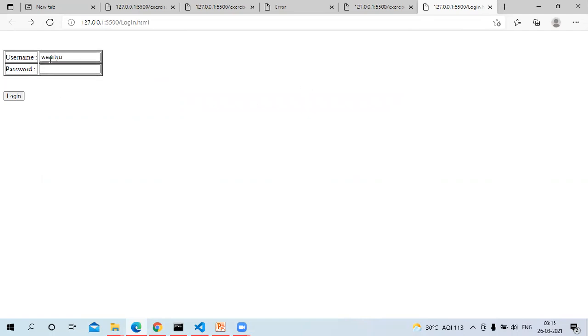That means you have to type in a username, that is a must. And then the username should be minimum of 6 characters. Similarly, password also should not be blank, and it should be a minimum of 6 characters. So that is the validation required for this particular program. If all these validation conditions are satisfied, then only the form is submitted. Otherwise, the form is not submitted. The focus comes back to the username field or the password field.